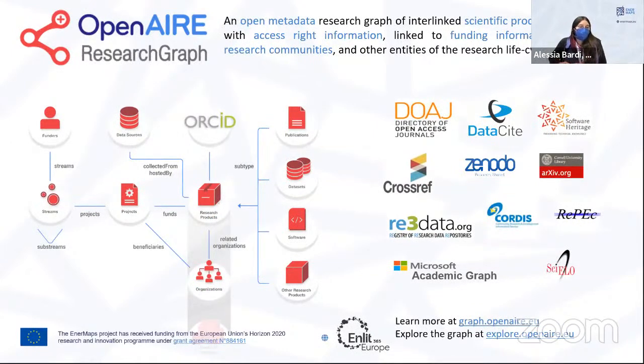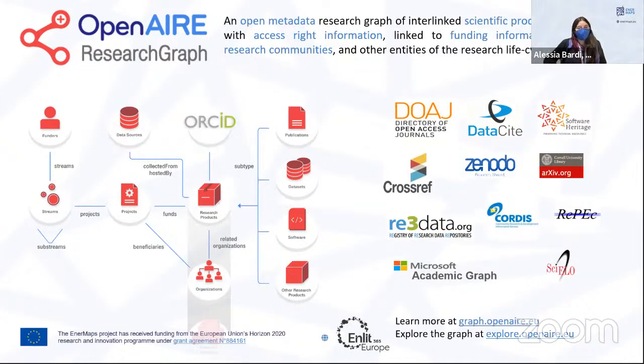But open science is not only about policies, it's also about technical infrastructures that can help with the adoption of the open science practices and with the tracking of the outputs of the research process. And with these goals in mind, the OpenAIRE initiative builds the OpenAIRE Research Graph. The graph is a big collection of metadata records describing entities of the research life cycle, so publications, data sets, organizations, projects. And all these entities are linked to each other and form, as the name says, a graph.